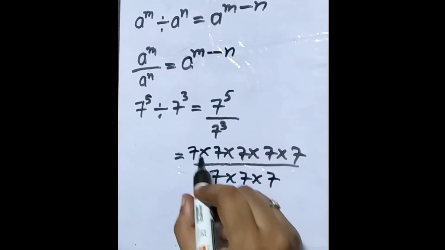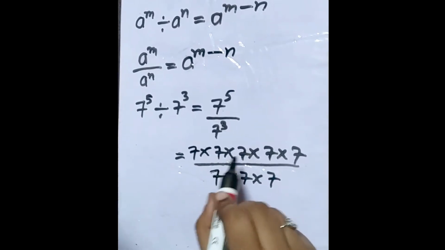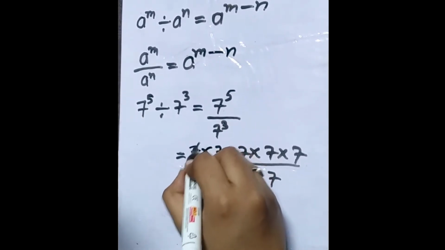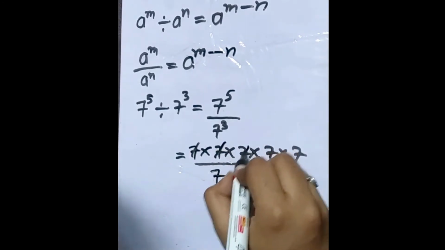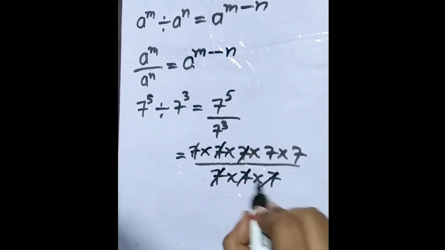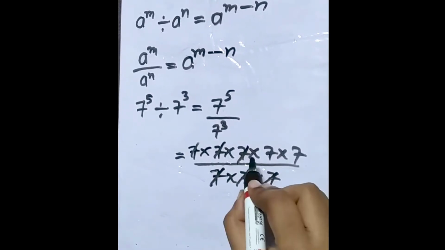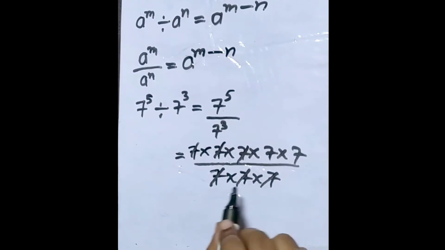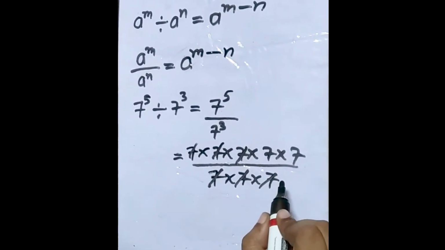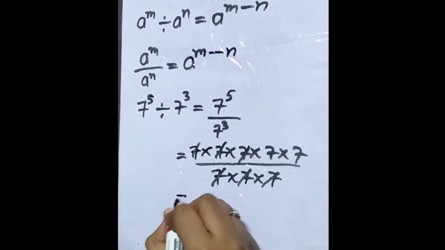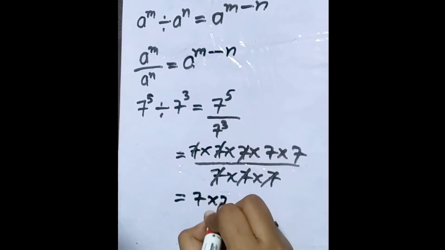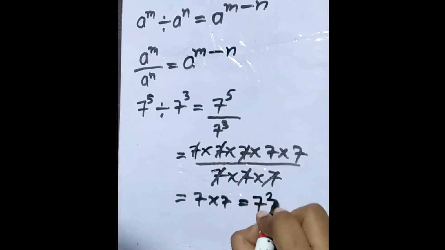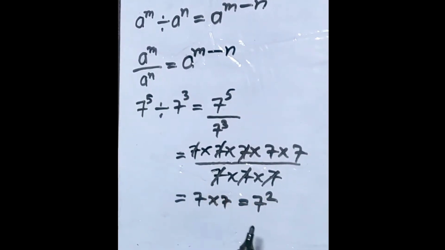Now see, here there is a multiplication sign in between, so we can cancel here. 3 sevens are there, so we can cancel 3 sevens in the numerator, and here also these 3 sevens will get cancelled in the denominator. Now what will remain? Only 7 into 7. The denominator has become 1. Everything is cancelled, means the denominator is 1, and what will remain? 7 into 7, which is equal to what? 7 into 7 means 7 square. 5 minus 3 is 2.